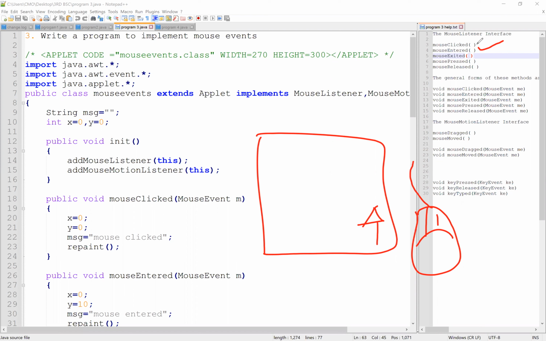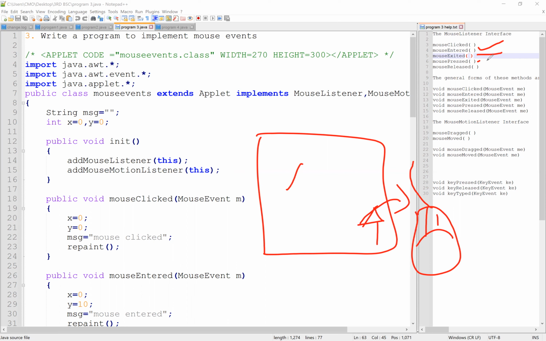If you click anything, it will show mouse clicked. If you move the cursor out of this window, it will show mouse exited. If you press, it will show the X and Y values of that location.